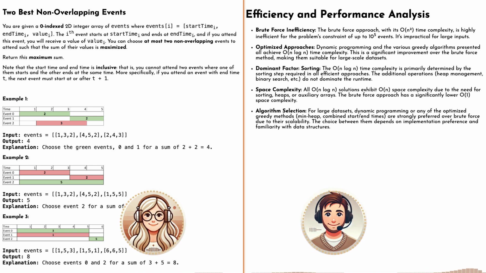Okay, what about the greedy approach? That one's usually faster. First, we got to sort the events by when they end. Right. And if we use a good sorting algorithm, that takes time like n times the logarithm of n. And then we just go through the sorted events one by one, and make a decision for each one. Exactly. So that also takes time based on n. So the total time for greedy is also around n times the logarithm of n, mostly because of that sorting step.